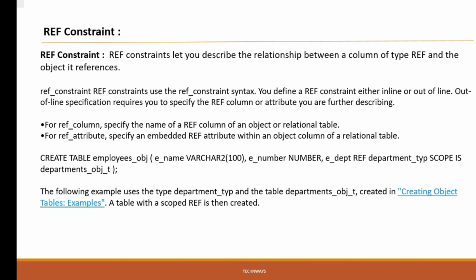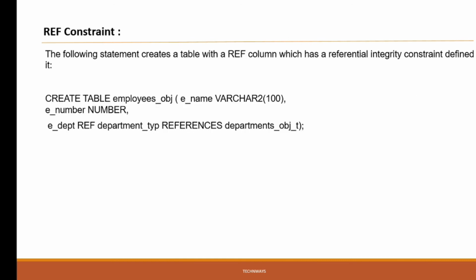This can happen in two ways, either as a reference or as an object. In the case of a reference, we don't need to push the data into our table, and in the case of an object, data from the other table gets pushed into the customer detail table, the current table.